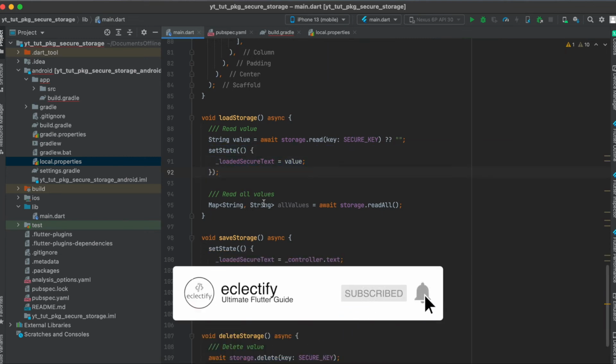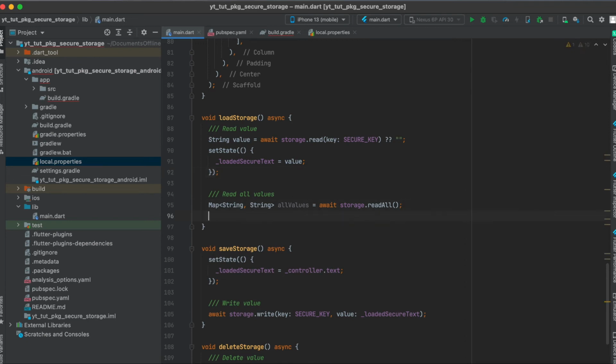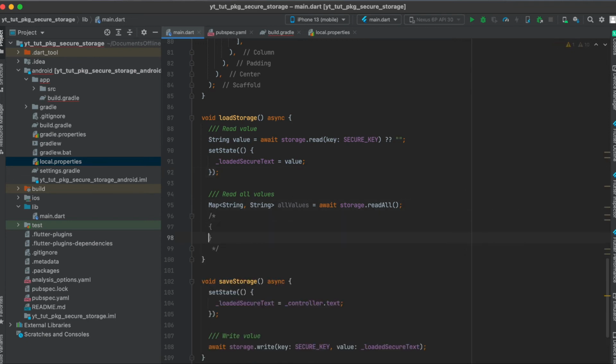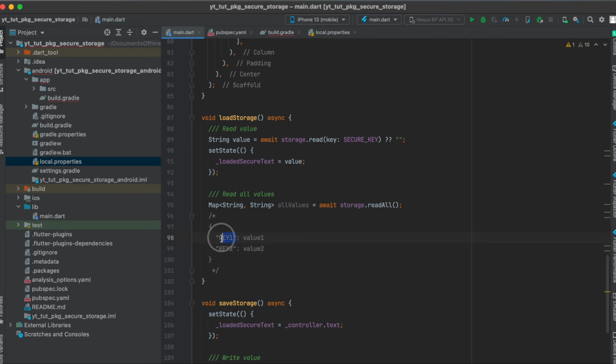And another option you could also do is read all the values. If you have multiple variables you want to load, this then returns a map of strings. So this is very simple. This will basically return a map that will look something like this, where you have your key. So this will be your first secure key and this will be your second secure key. Then your first secure key will have your first saved value, and the second secure key will have your second secure value. To access this map, all you could do is just say all values, then define your key,